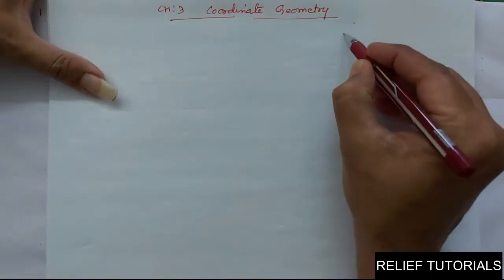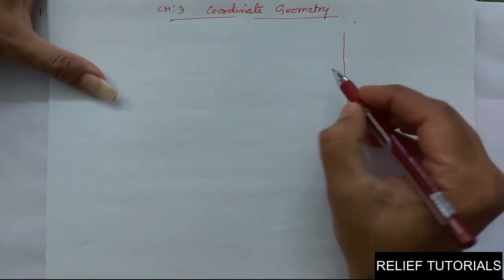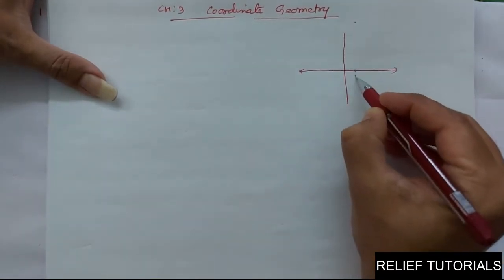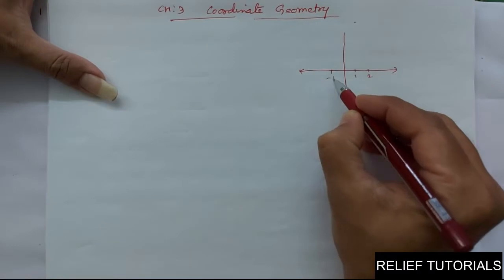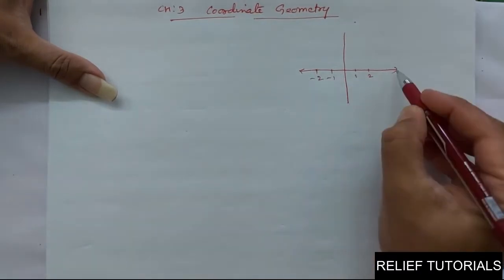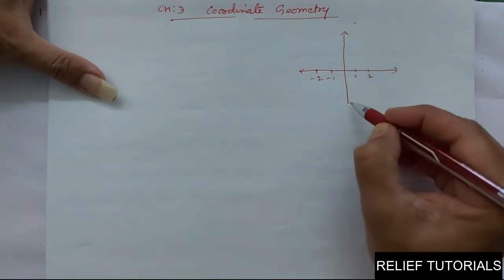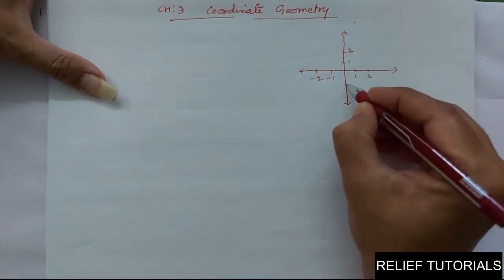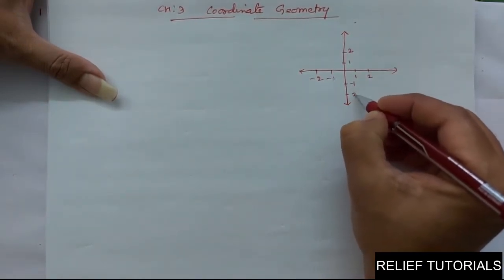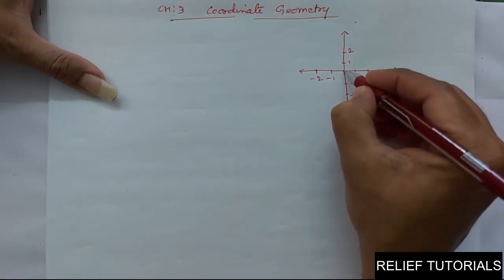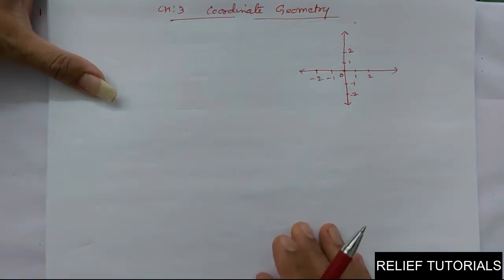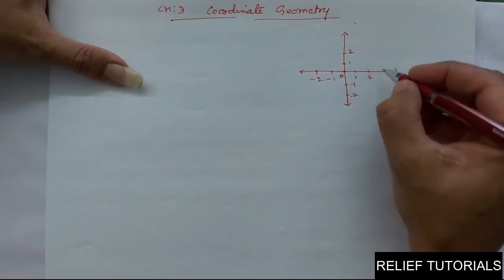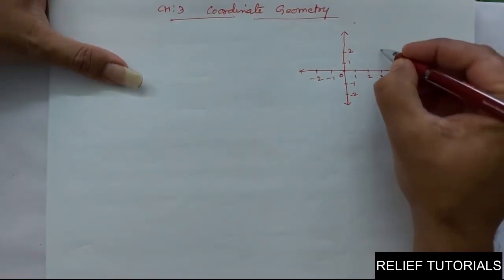We have studied this number line. So we say here 1, 2, here -1, -2, this is the horizontal line. We draw another line perpendicular to this horizontal line. Here we say 1, 2, -1, -2, and here we say 0. Now, if I select one point here, this point P,